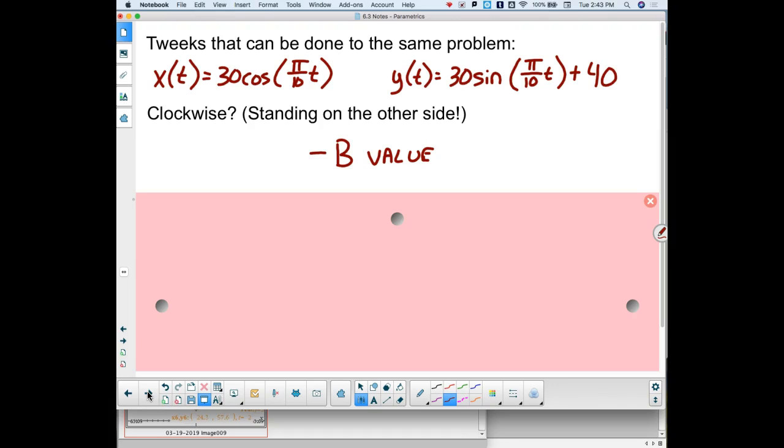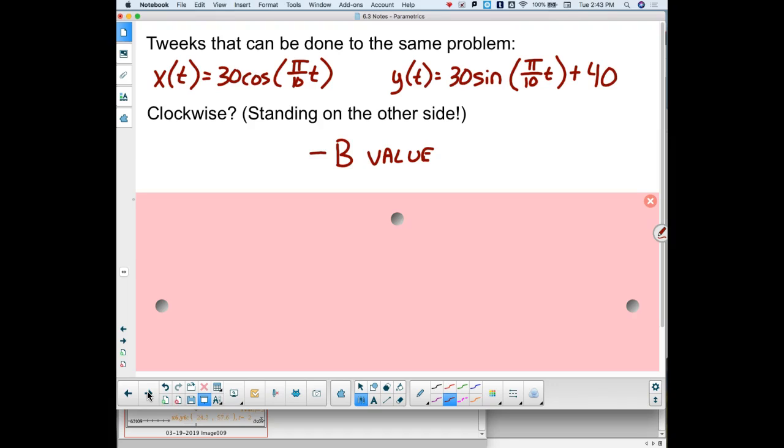If your direction states you're going in a counterclockwise direction, your b value has to be positive. Because that's the unit circle. That's where that comes from. That comes from the unit circle. Okay? Now,